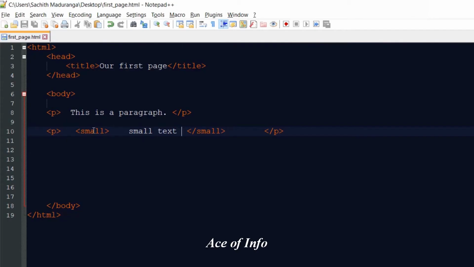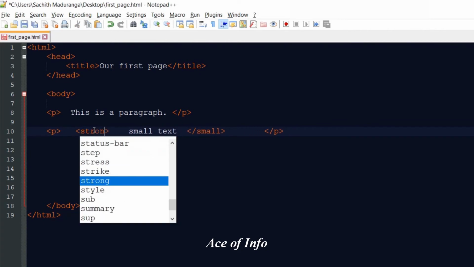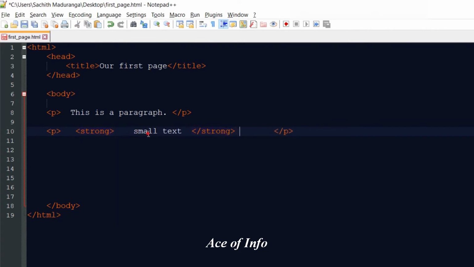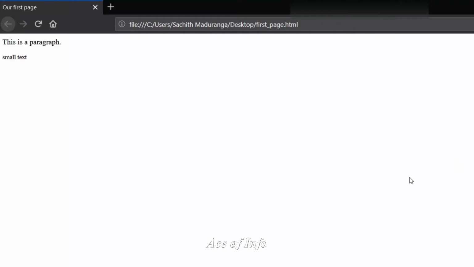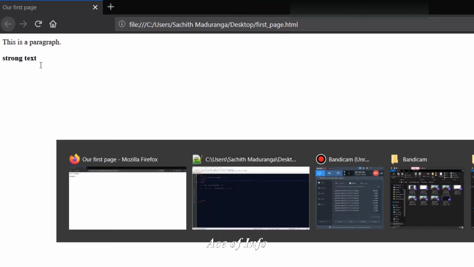Alright, there is also a tag called strong. So now strong text, what does that do? It is also a kind of bold text, but it is more highlighted. Alright, if I save this and go to the browser and reload it, see, now it is a little bit highlighted, so the text is a little bit strong. So strong text can be used for many occasions when you need to highlight something.